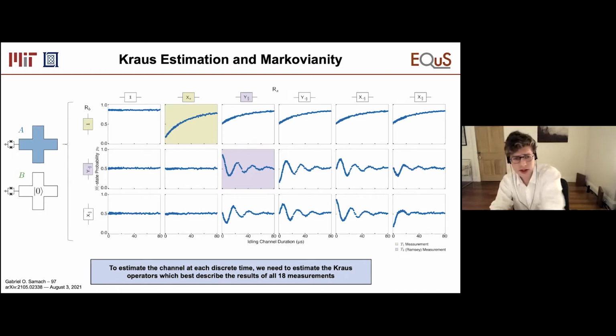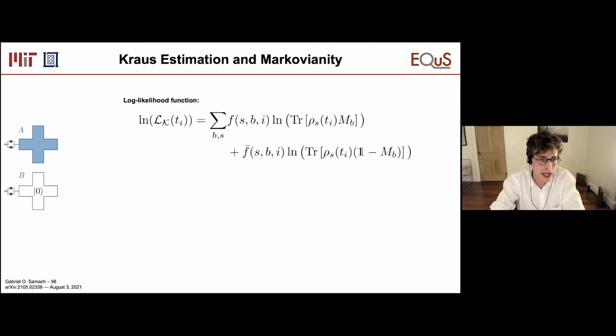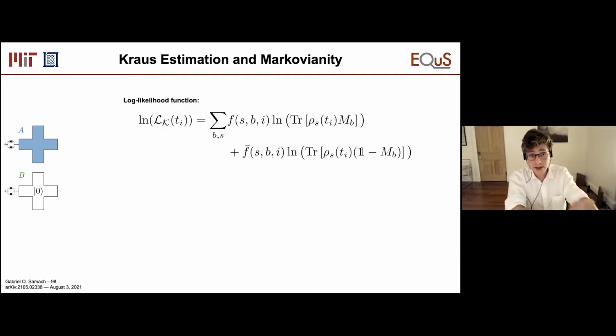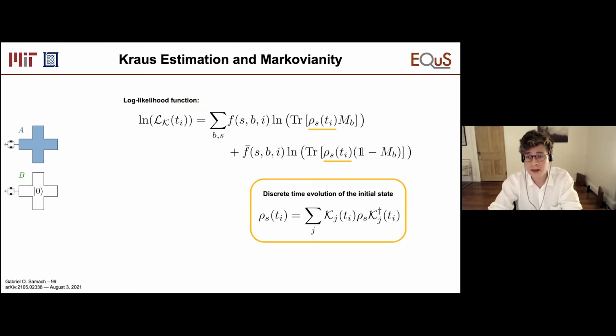So here, to return again to our matrix of measurement outcomes of initial state and measurement axis, here in blue again, we're showing just the raw outcome of measurements. And we're going to try to figure out the operators which best describe the results of all 18 measurements. We can do this using another log likelihood function, and I'm not going to go into it in a whole lot of detail, except to say that the structure is very much like the one we used for the span estimation, where now, instead of just looking at the initial state rho sub s,